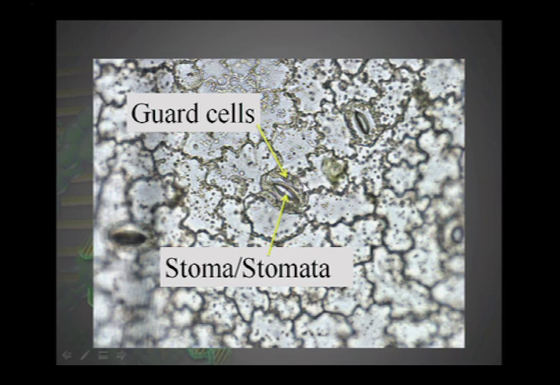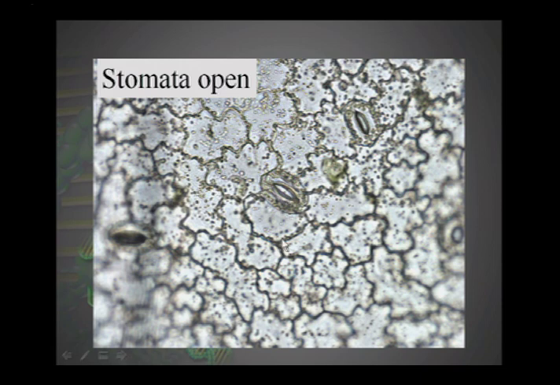So as we look at these then, there are these cells known as guard cells, which create an opening in the leaf known as stomata. Singular would be stoma, plural is stomata. And those stomata can either be open or closed. So again, this would be a stoma that's open. So the guard cells are allowing the stoma to be open. Now, it's important for the stoma to be open because that allows CO2 in, but that also allows water to